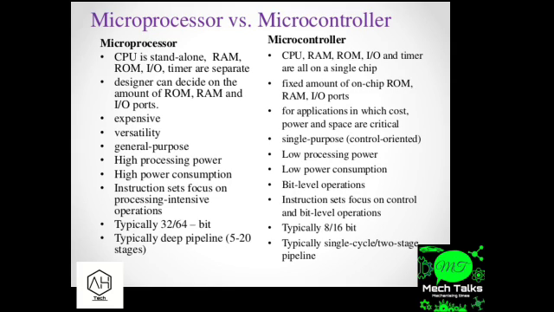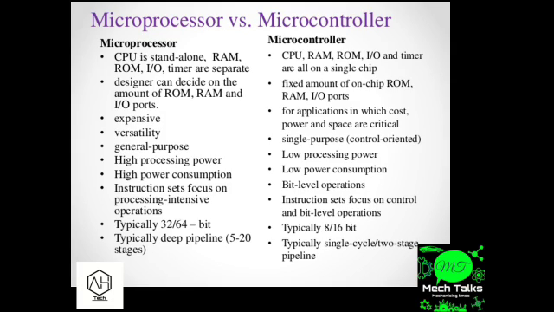So when we talk about the power consumption, a microprocessor consumes more power in comparison to a microcontroller, while a microcontroller consumes less power because it doesn't process a lot of tasks. So the power consumption is natural. For example, a microprocessor has a lot of processing power, so it consumes a lot of power. A microcontroller does very small tasks, so very few operations, so it will be consuming less power.